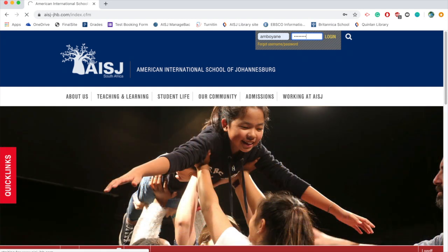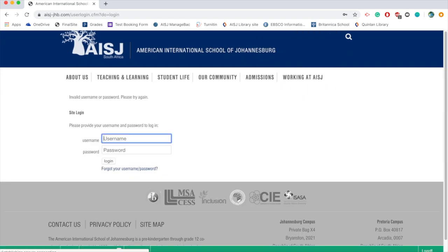So you will find FinalSite by typing at the top of the page aisj-jhb.com. Now, when you type this in, it will take you to the main AISJ website where you can log in from here,